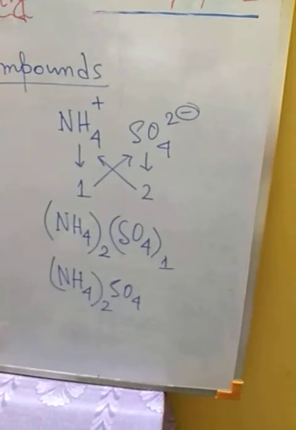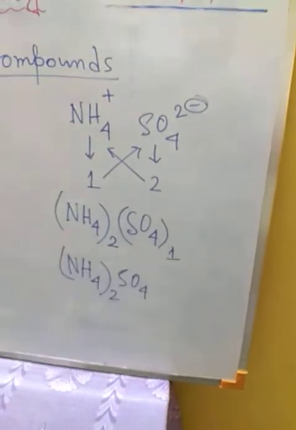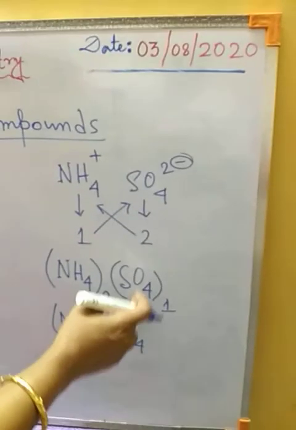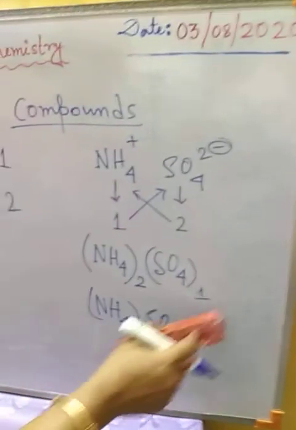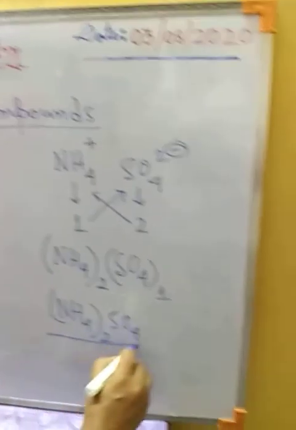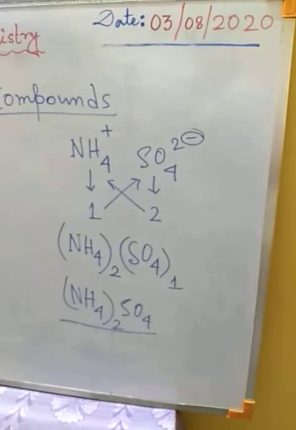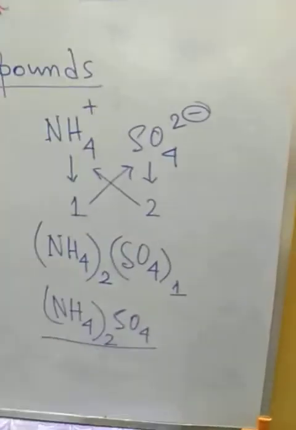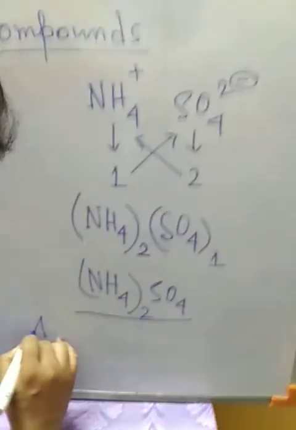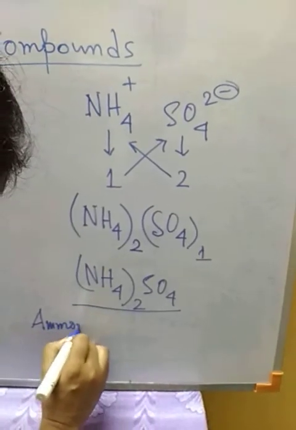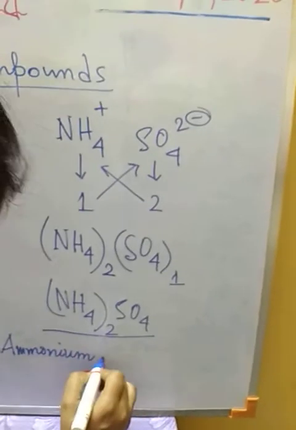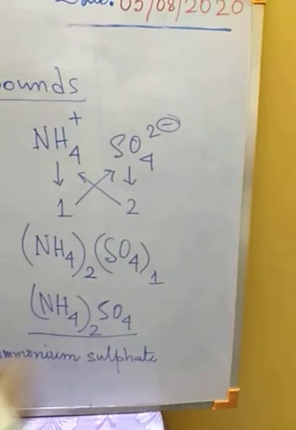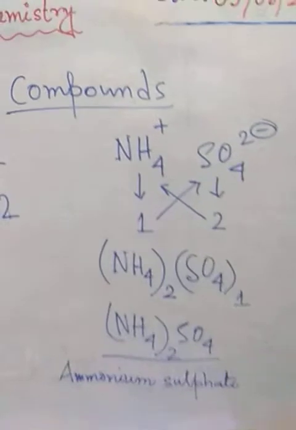Okay. If instead of 1 some other value were there with sulfate, then here also we would need to give the bracket, but as only 1 is there, without bracket also this is correct. So you will write without bracket only. This form we generally use. So this is ammonium sulfate. The name of the compound is ammonium sulfate. So these things you need to remember.